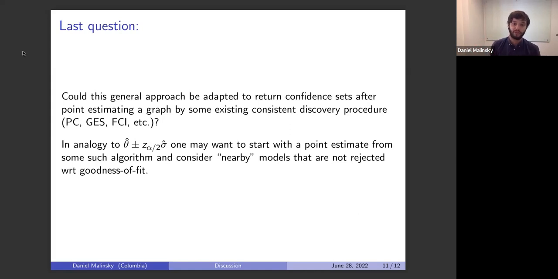And so you might consider starting with that point estimate and then doing something like Sam's procedure, looking at goodness of fit tests for nearby models that are different by one edge or two edges or some sort of approach like that, which I think could be an interesting follow-up to this kind of work, and would have the benefit of including elements in the confidence set that are not just satisfying the coverage guarantee, but that are plausible models, because they're close to our best guess.